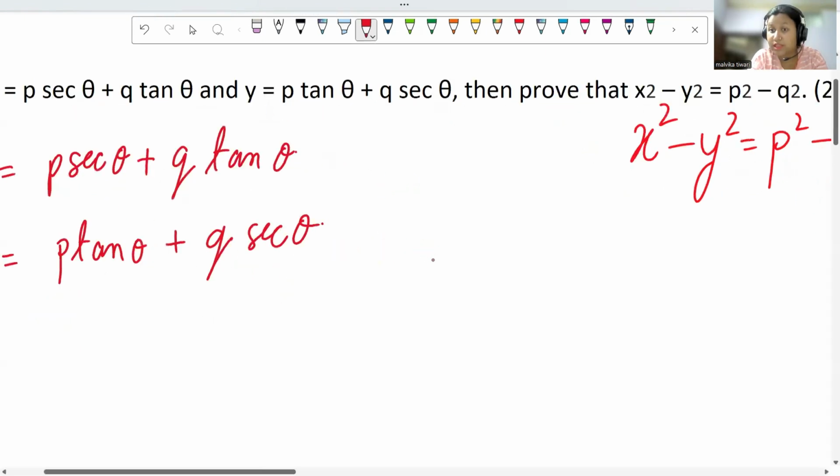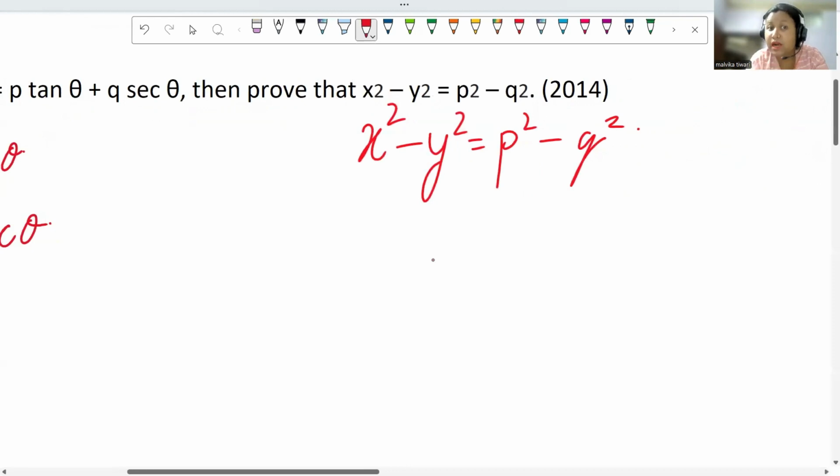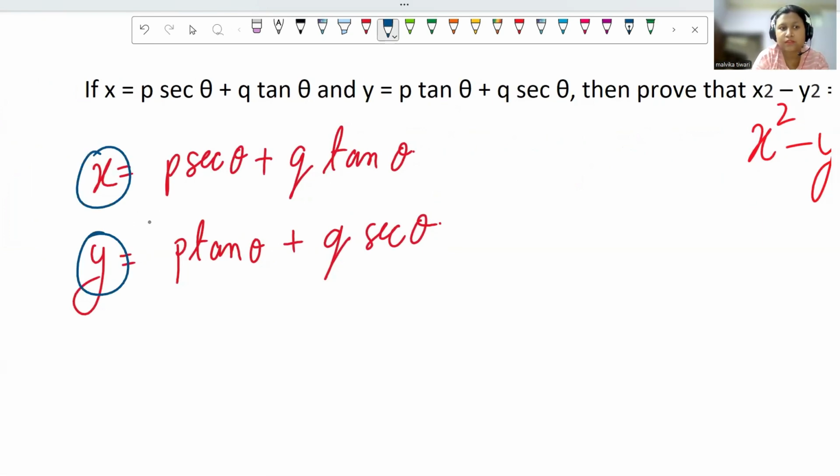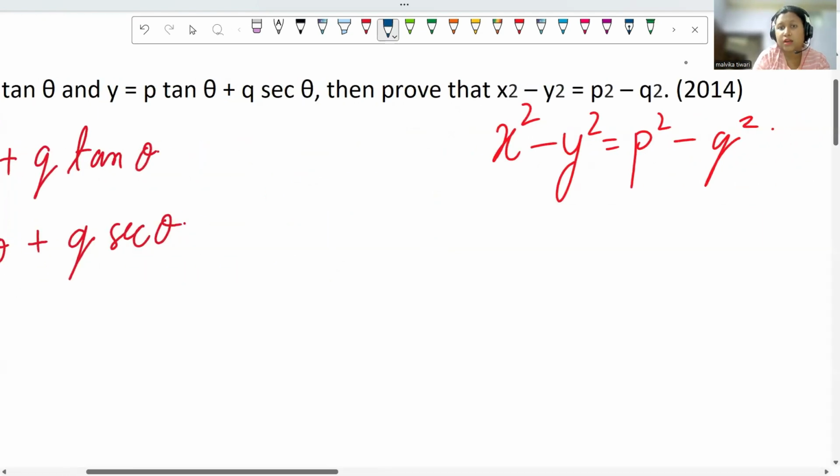These are the two things that are given to us, and we are told to prove that x square minus y square is p square minus q square, right? So these two are equal. Now here, because there is nothing much that can be done in itself, what we are going to do is substitute the value of x and y